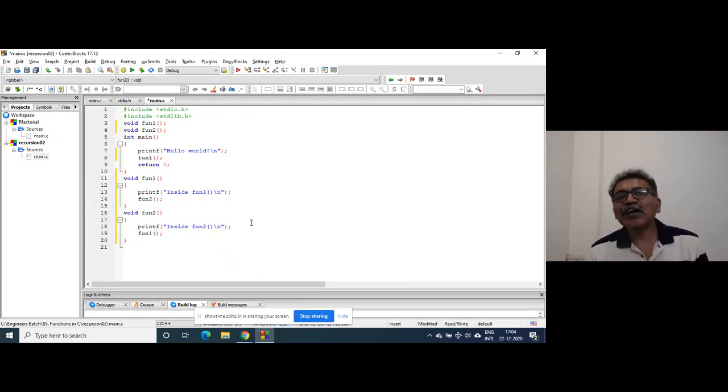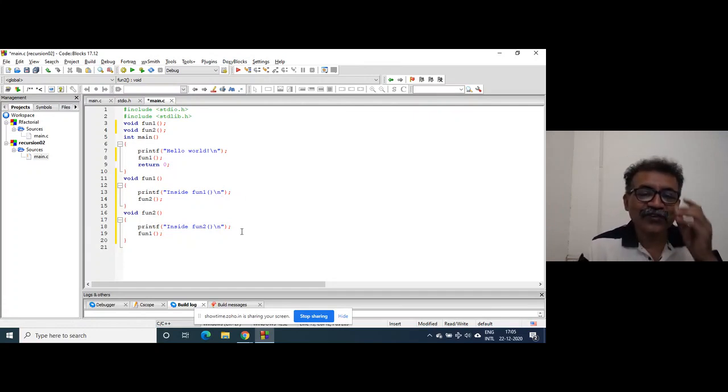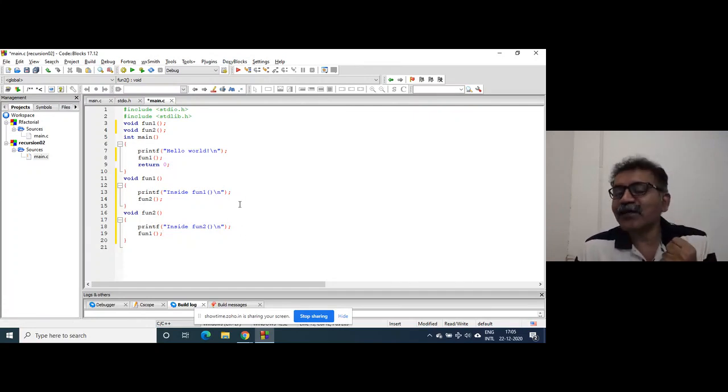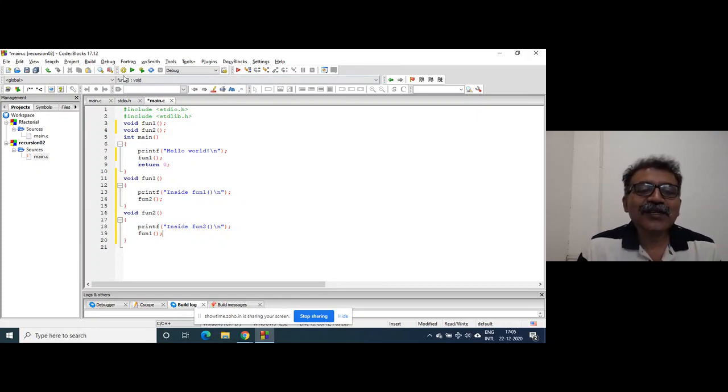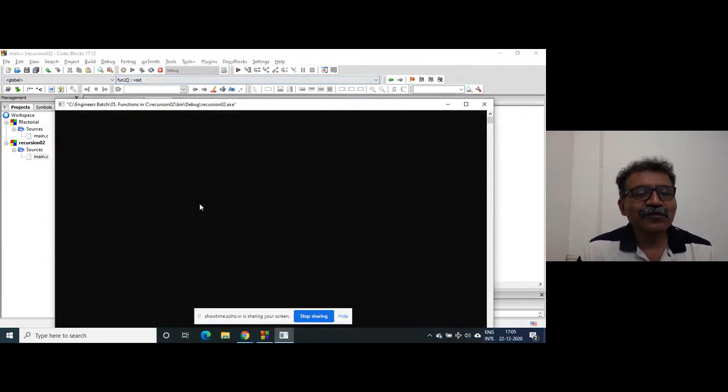So this is also a kind of recursion, because it is not going to end. I mean, with proper conditions you can write that, but this is not direct recursion, it is indirect recursion. So it will go on executing again and again and again. It will not stop.